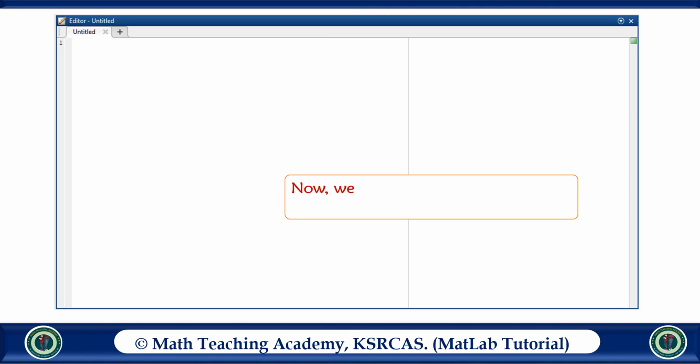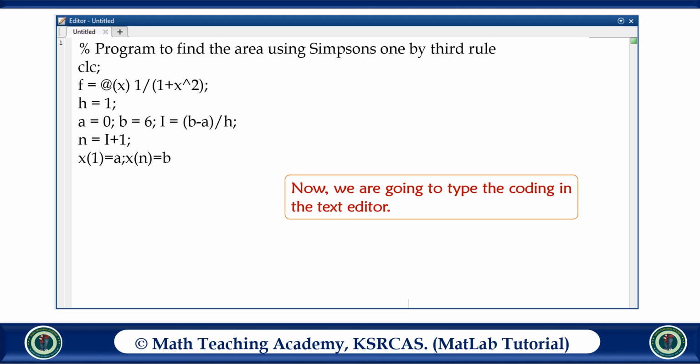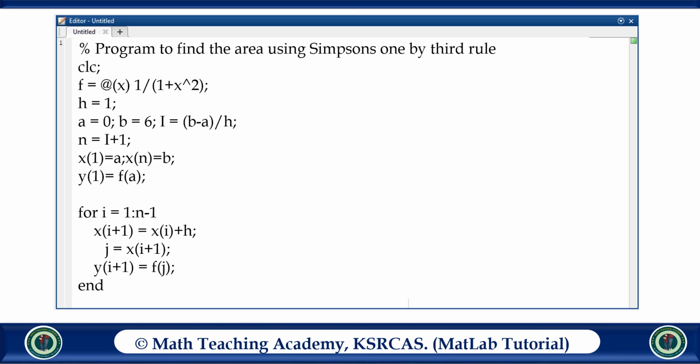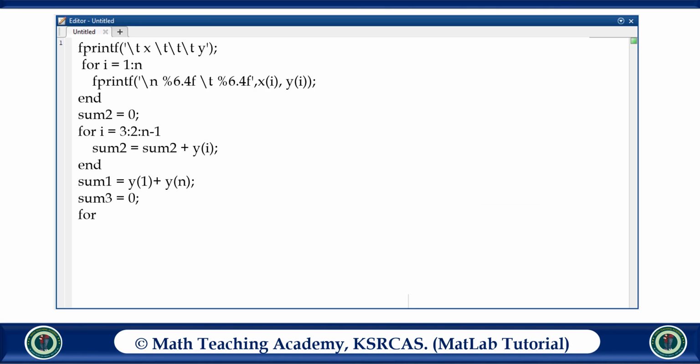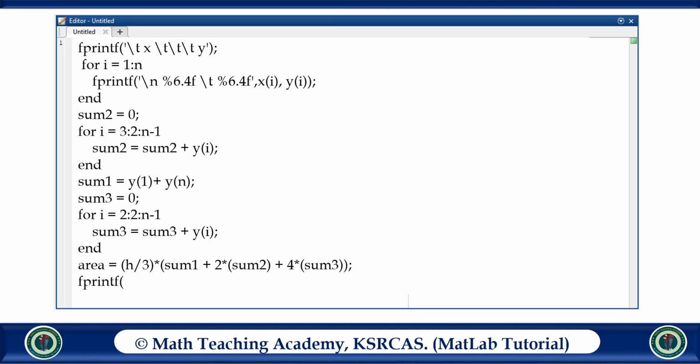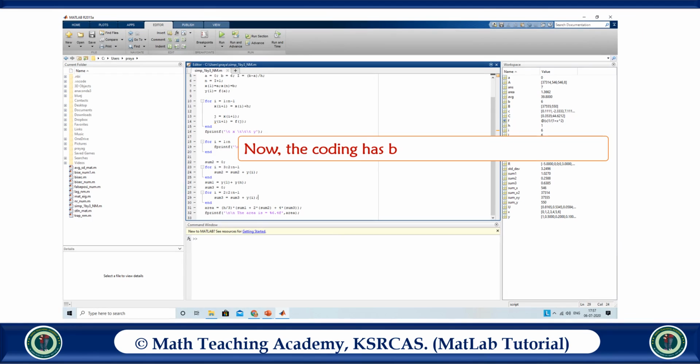Now we are going to type the coding in the MATLAB text editor. Now the coding has been typed successfully. Now the coding has been saved as simp underscore 1 by 3 underscore nm.